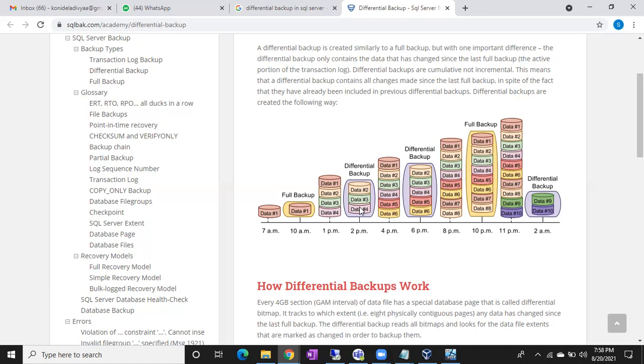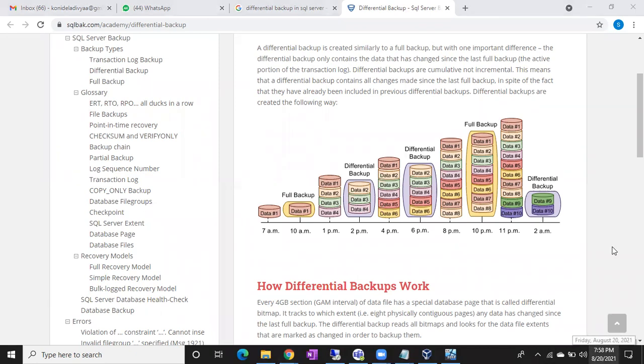Or else your database is corrupted on Saturday. Sunday, usually the full backup job is going to run. We will discuss what is meant by a job, how to configure jobs, how to configure a backup job. So Sunday, usually my full backup job will run, but Saturday the database is corrupted. Now, how are we going to restore the database? What are the backups available to you? Forget about the differential backup, other log backups and all. As of now, we have only full backup, right? So we can restore up to last Sunday.